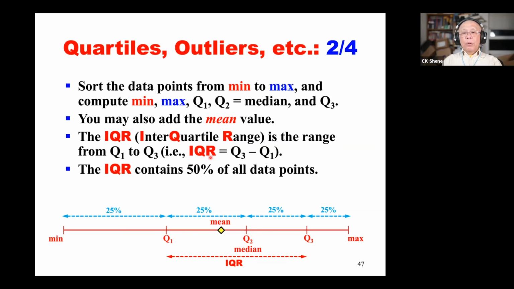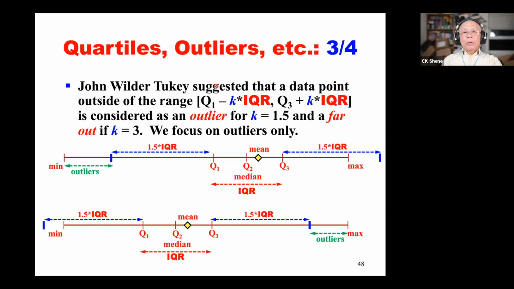IQR is equal to Q3 minus Q1. So the interquartile range contains 50% of all data points. John Tukey, a very well-known statistician, suggests that a data point outside of a certain range can be considered an outlier or a far out. The definition is from Q1,